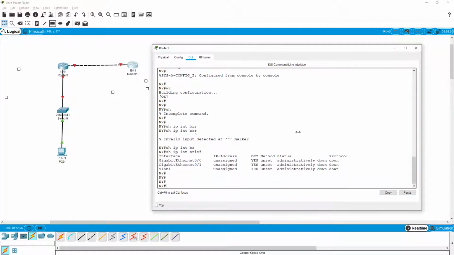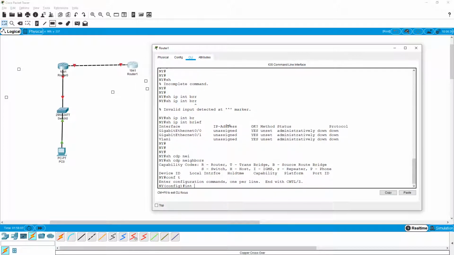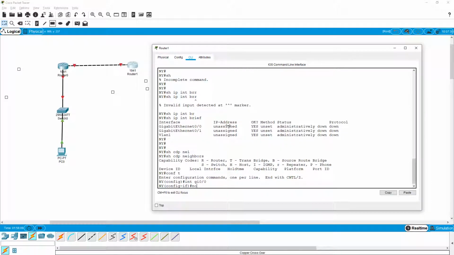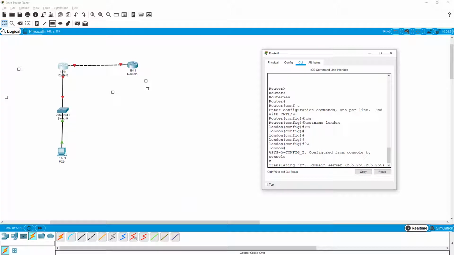So which interface is connected? Right now we don't know. How can we know which interface is connected to Router 0? Is CDP enabled? Nothing. How can I know? Please keep in mind, CDP will not work until the interfaces are up, because CDP needs to be exchanged between two Cisco devices. So in order to do that, on interface gig 0/0, no shut on one side, and also